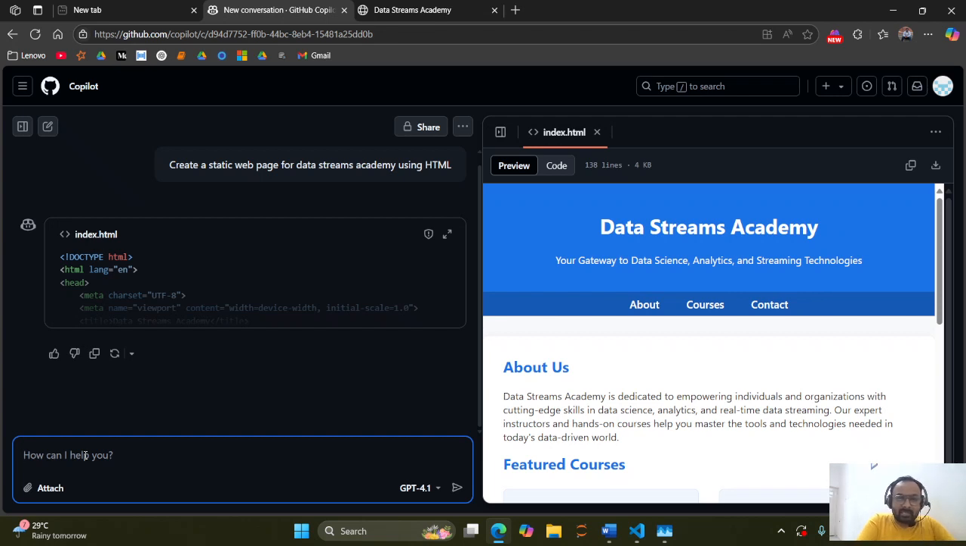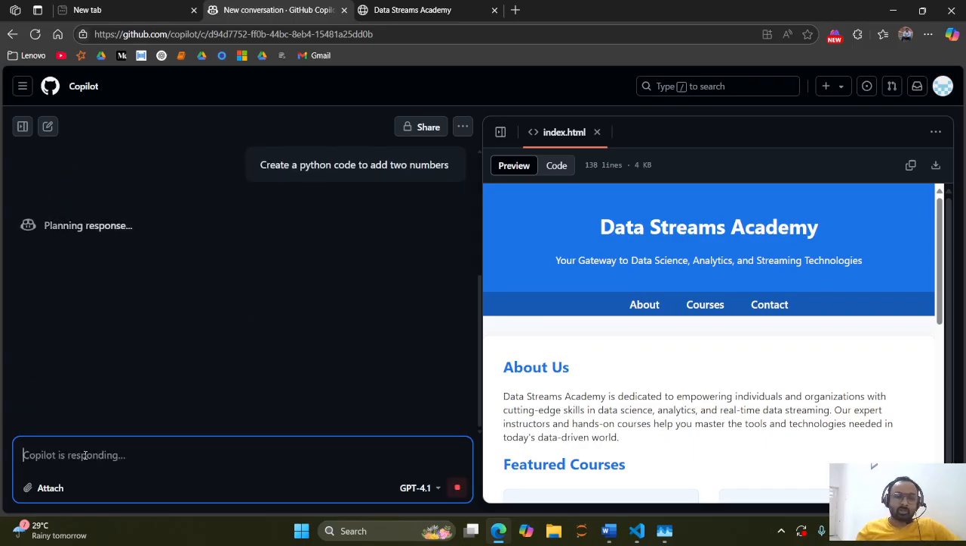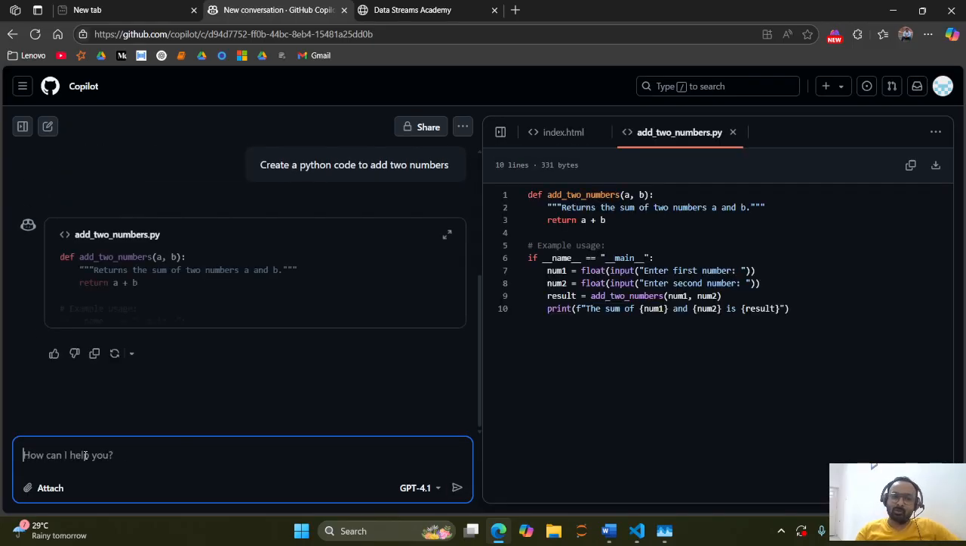I'm telling my system to create a Python code to add two numbers, right? Most of you, if you have some other programming language preferences instead of Python, can give that. But in my case, I already have Python installed locally, so I am telling it to create Python code. So what it did,